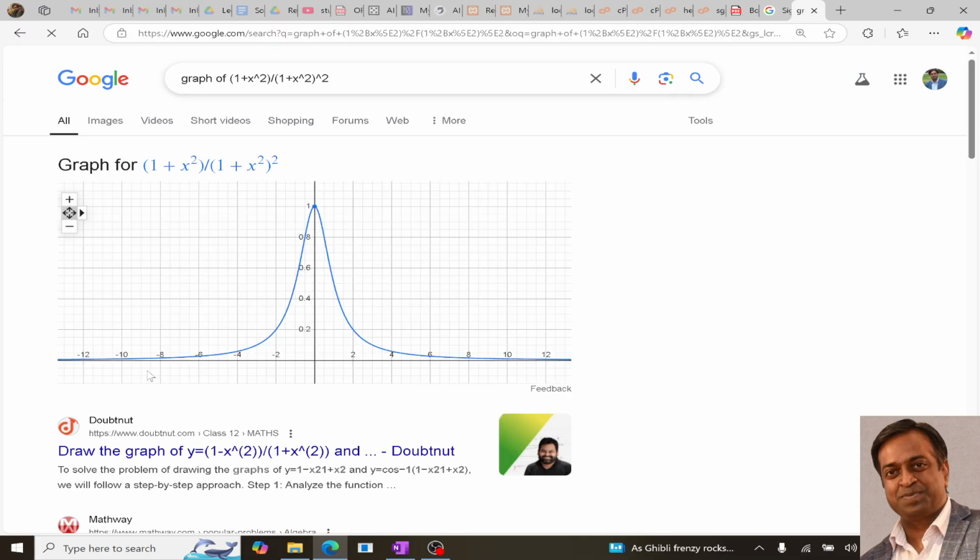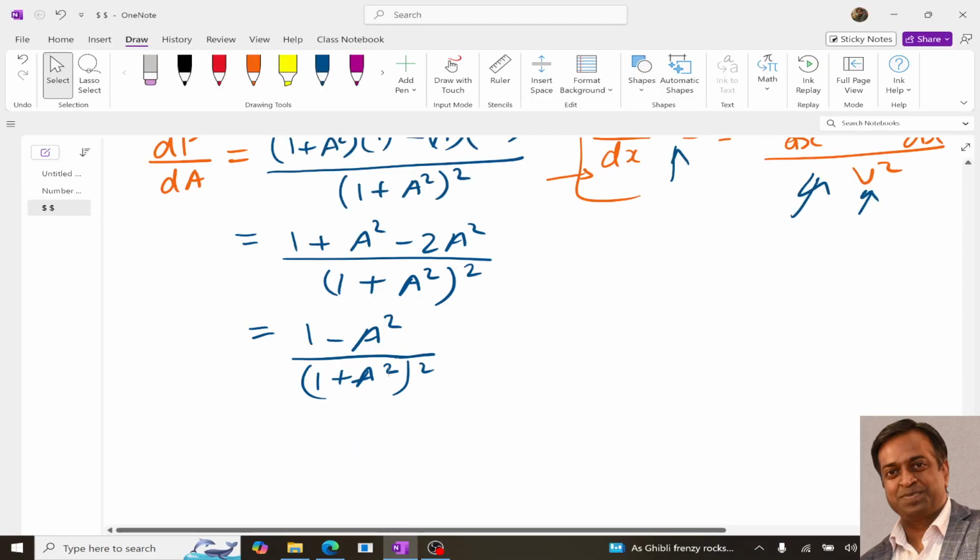So you can see the graph for this particular type of signal, where at 0 it is 1, it is maximum at 0, right? So plotting a graph similar to this, we will get over here the graph